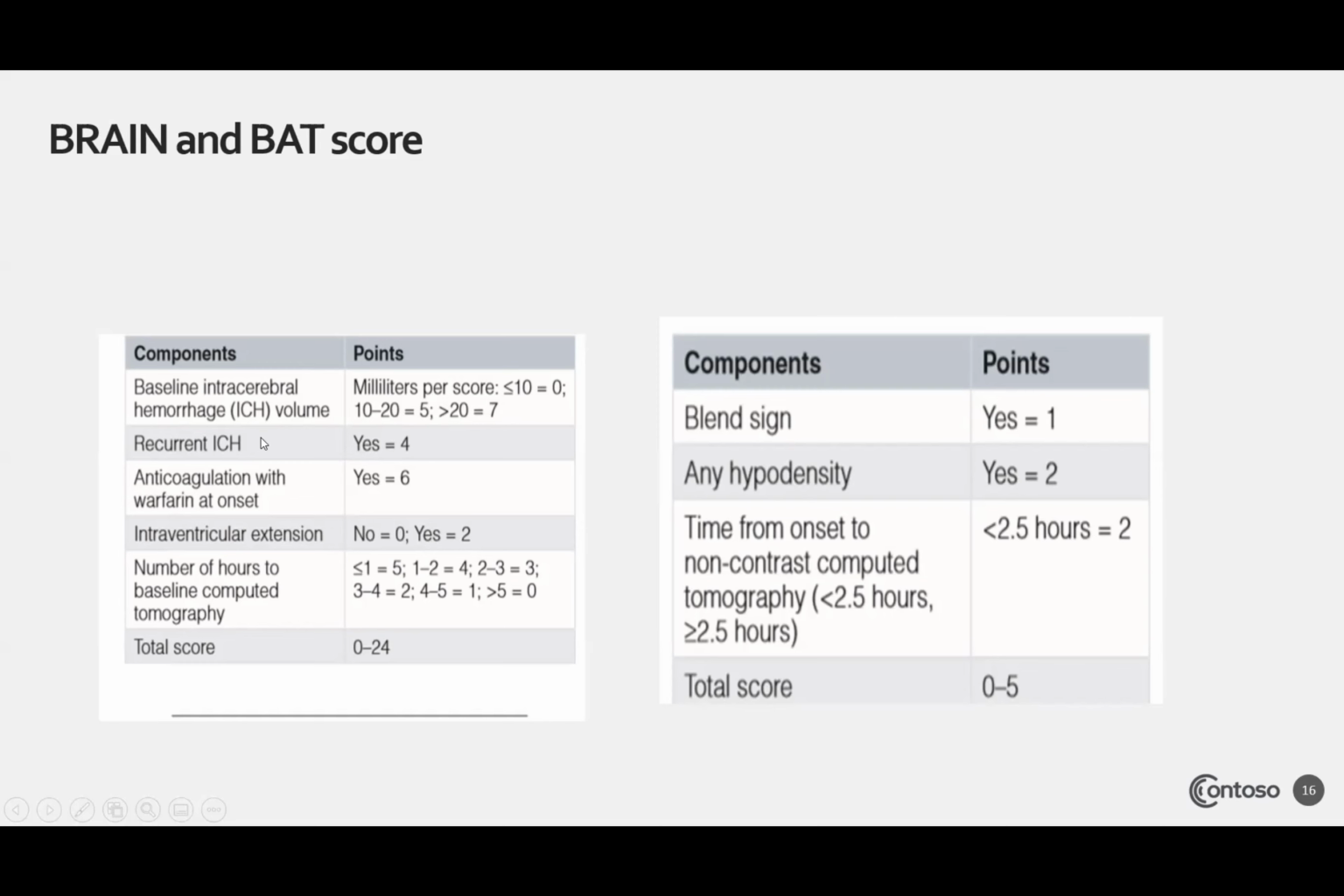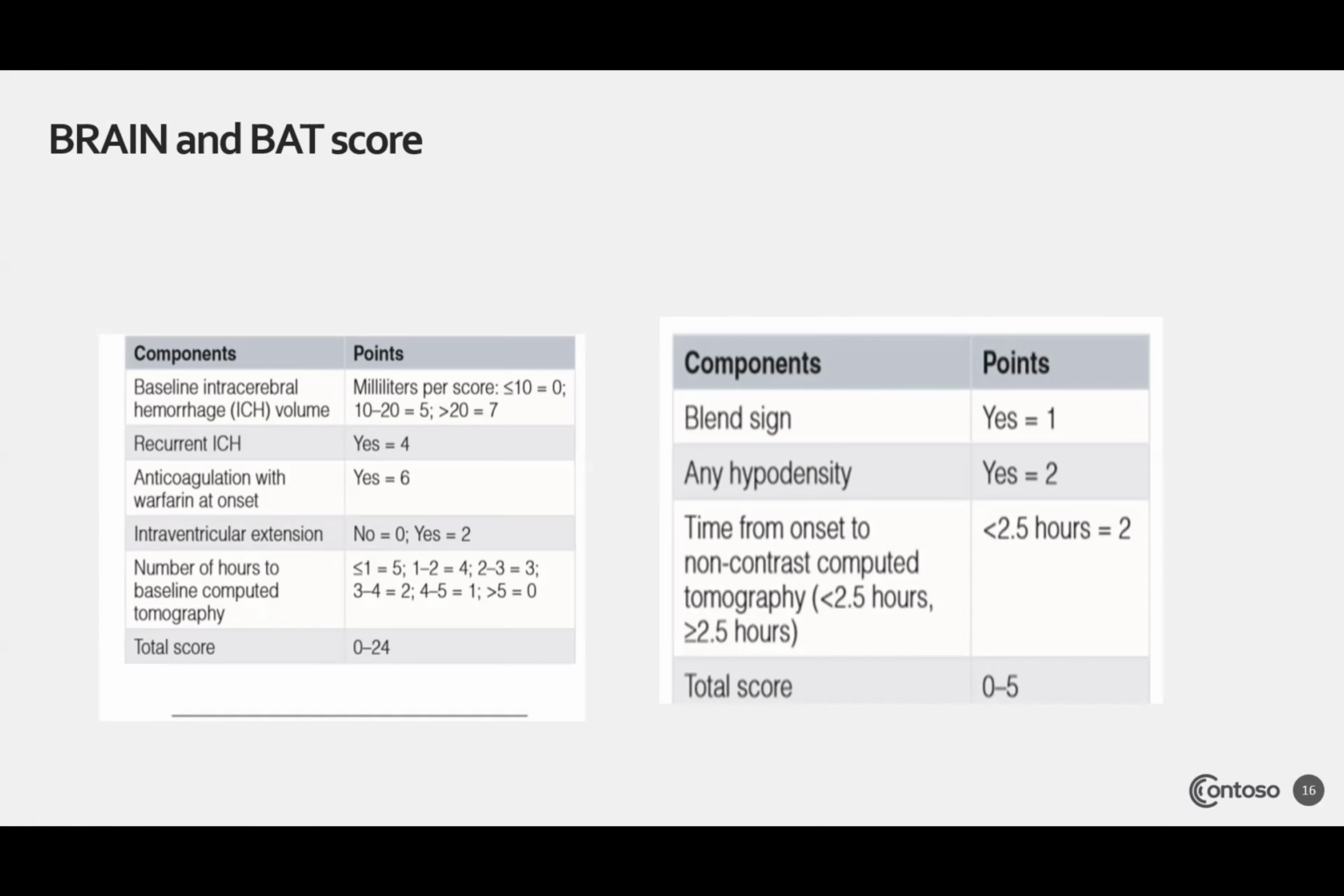If there is recurrent ICH, these patients will have expansion of hematoma. This patient in anticoagulation, yes, they will have expansion of hematoma. If there is any intraventricular extension, yes, there will be high risk of hematoma and neurological deterioration, either because of hydrocephalus or because of expansion of hematoma. Number of hours to baseline computed tomography, like numbers of hours from the onset of symptoms till